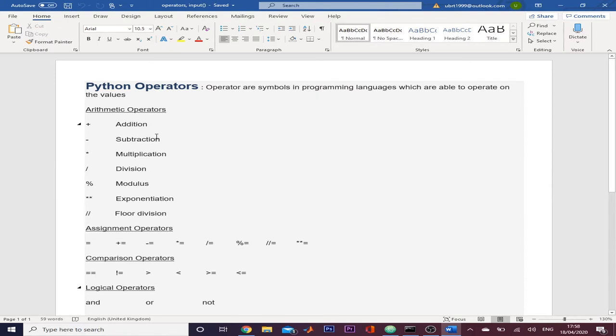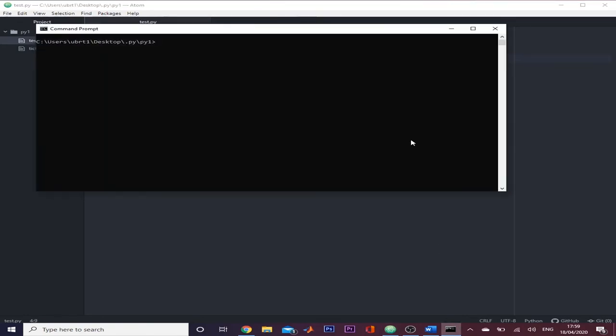So, first starting from addition and subtraction, they are the most basic operators. There's not much to introduce about them. We can add and subtract any number. If we have an integer type, and another integer type, then the answer of addition will also be an integer. So here r is equal to x plus y, and we will print that answer. The answer will also be an integer. As you can see, there is no decimal point.